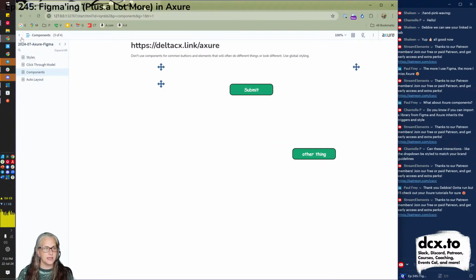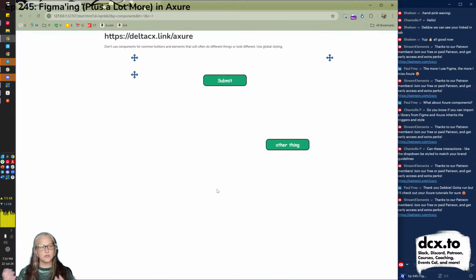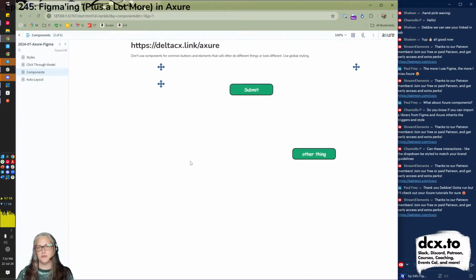But again, I can take this off of the screen, and so when I publish this prototype to people, they don't see all of the Axure tools. You can make it available to people to expand if you wanted to see, like your coworkers. But if you're sending it out for like usability testing, you can completely make that unavailable.